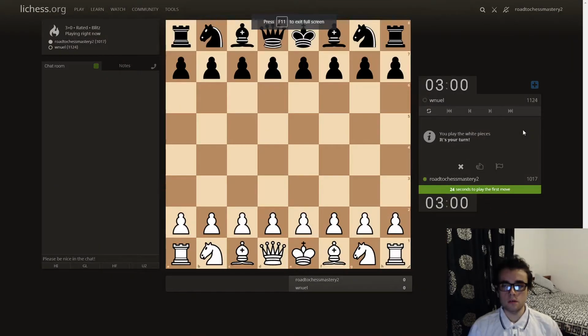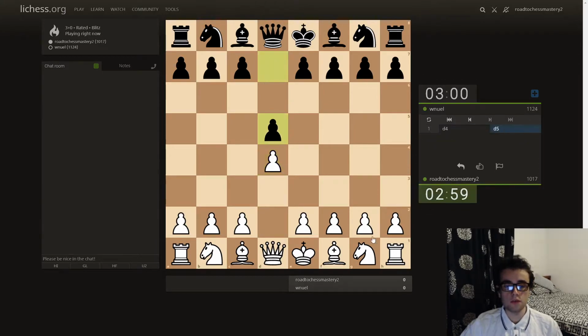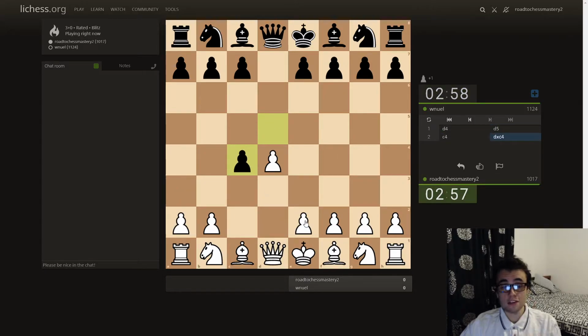We were in control the whole game. We did not have any problems there, and we are playing as white. Okay, let's go for d4, d4, c4, you know, my favorite. And this is a Queen's Gambit, and he accepted, so we're just gonna go for the old line, but it's a very